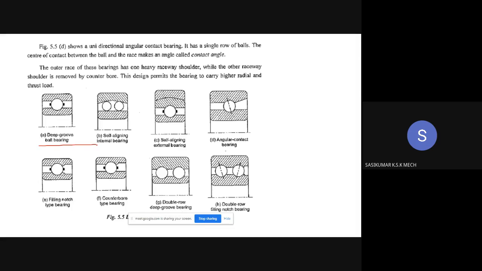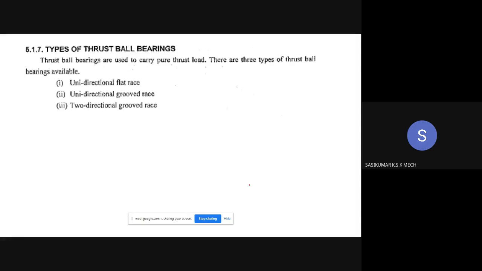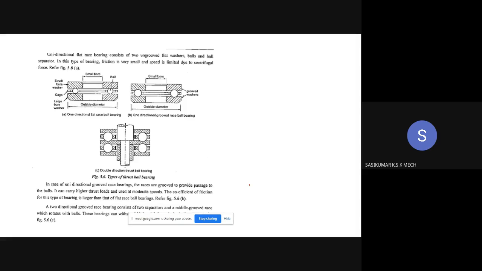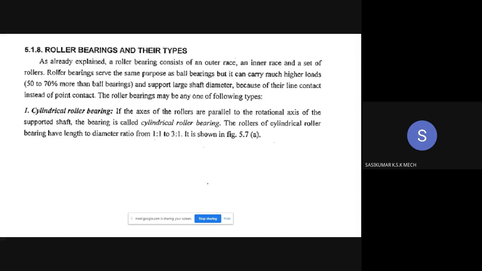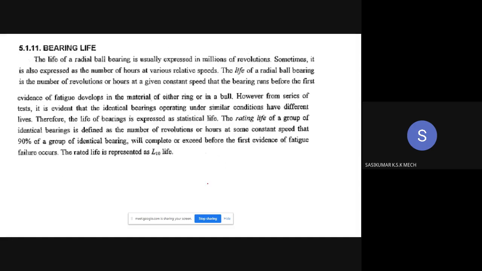Deep groove ball bearing, self-aligning ball bearing, self-aligning internal ball bearing, external ball bearing, angular contact ball bearing, filling notch type bearing, counter bore type bearing, double row deep groove ball bearing, double row filling notch bearing, like that. So these are all certain fundamentals about the classification of bearings. So next comes the